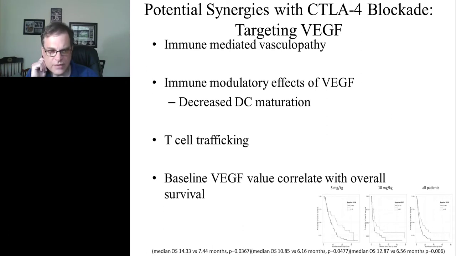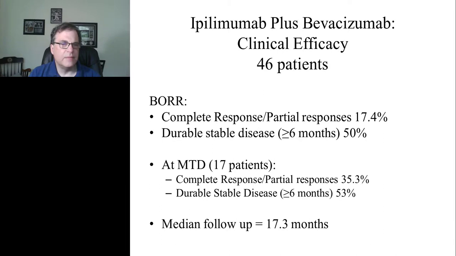Working with our colleagues in Memorial Sloan Kettering, we looked at the potential for pretreatment VEGF levels in terms of immunity and vasculopathy. What we found is that patients who had high VEGF levels had a decrease in survival and responses compared to patients who had lower VEGF levels. So that, in addition to the pathology that I showed you, the effects of VEGF on the immune system, such as dendritic cell maturation and T cell trafficking, and this data on baseline VEGF levels, led us to look in a clinical trial of Ipilimumab,